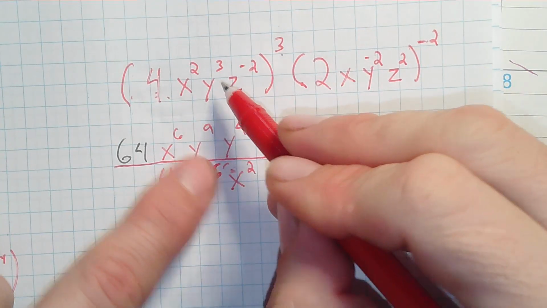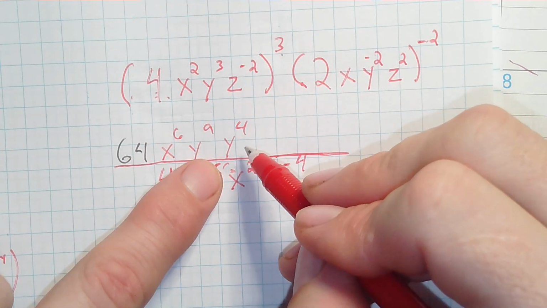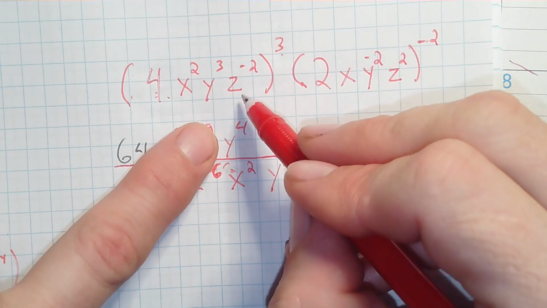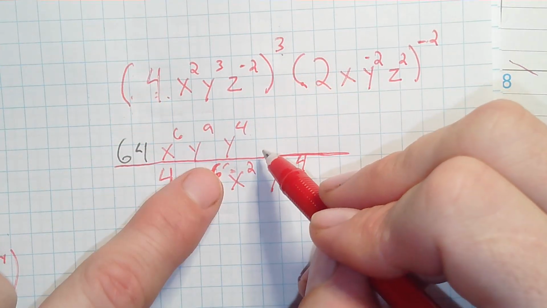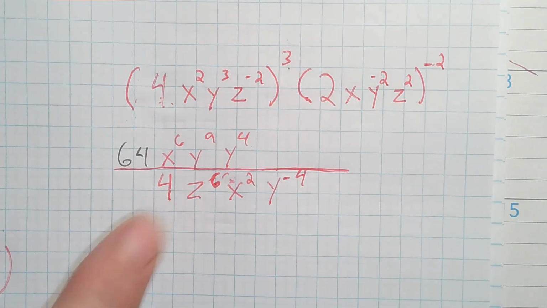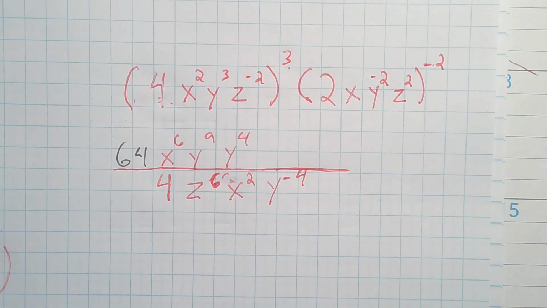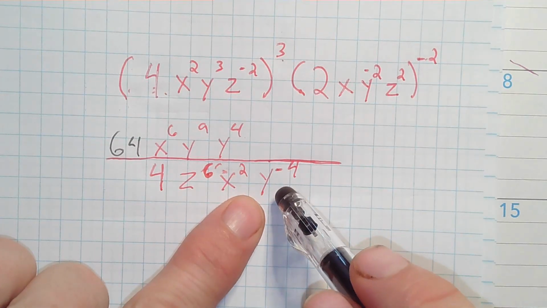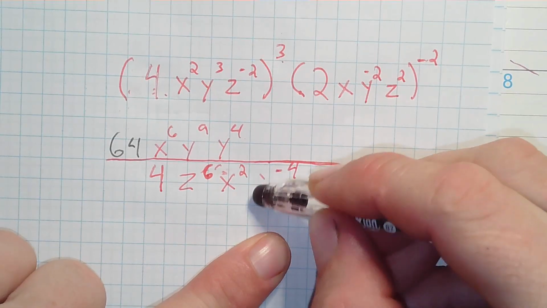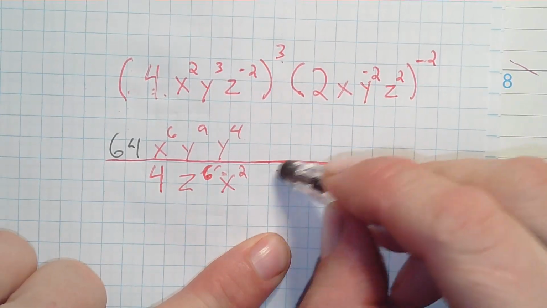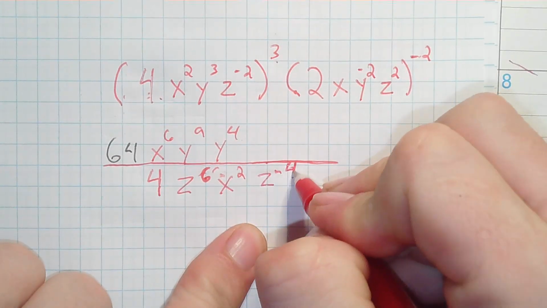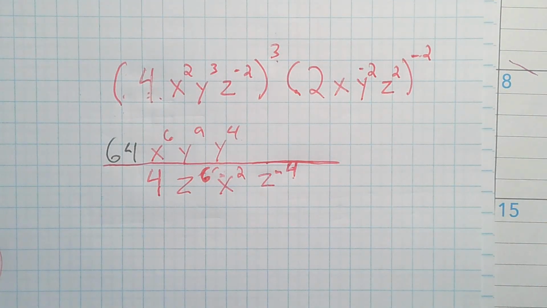Okay, wait, this is wrong. This is y to the 9th. Where do these 2 y's come from? That's a mistake there. That should be 2 times 3. Oh yeah, that's right. Okay, all right, great. That worked out pretty good. All right, so now I have this. Wait, that should be z to the -4th. It's supposed to be a z to the -4th. That's why it looked funny. Right, z to the -4th. Okay, so now I can start